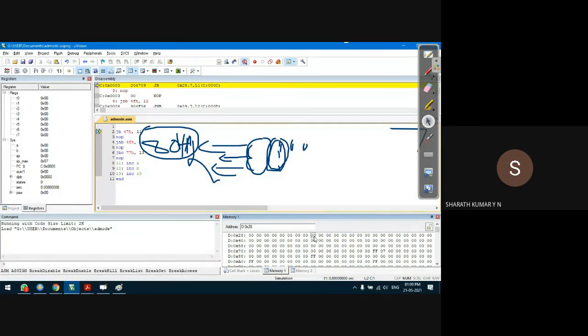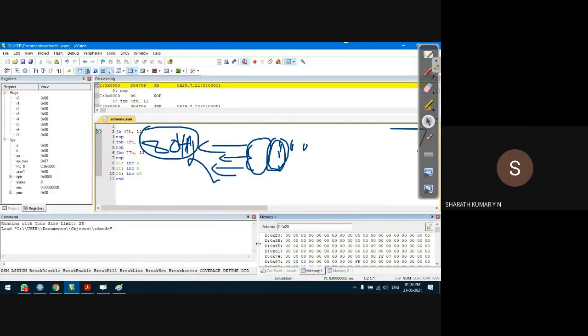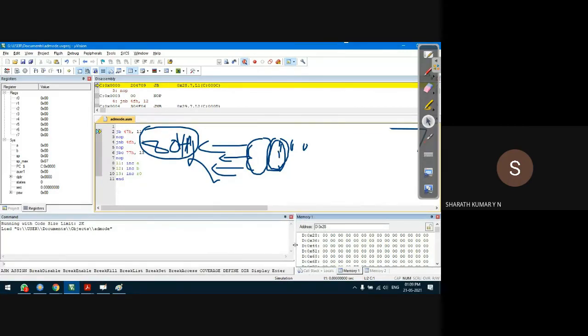So I'll take 3 memory locations so that we can observe 28, 29, and I'll take one more memory location. Let me check. I'll adjust this so that 29 comes somewhere here, so that the 3 locations are one below the other. It is easy to control, easy to observe, and easy to load the data. It is 8 more locations.